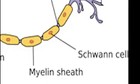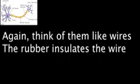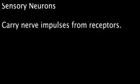These are protected by a myelin sheath, a fatty insulating layer that allows for more rapid transmission of the signal. There are three types of neurons. Sensory neurons carry nerve impulses from sensory receptors in our skin, eyes, tongue, and other organs that I refuse to list, to the CNS. The information is converted into the appropriate sensation so it can be correctly